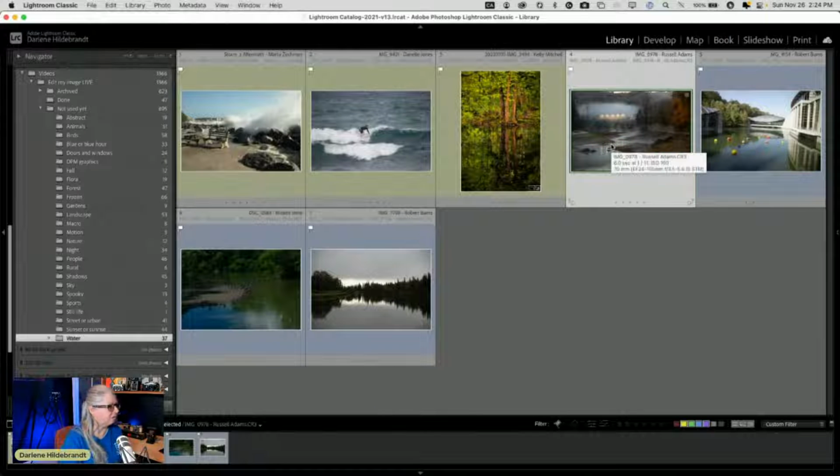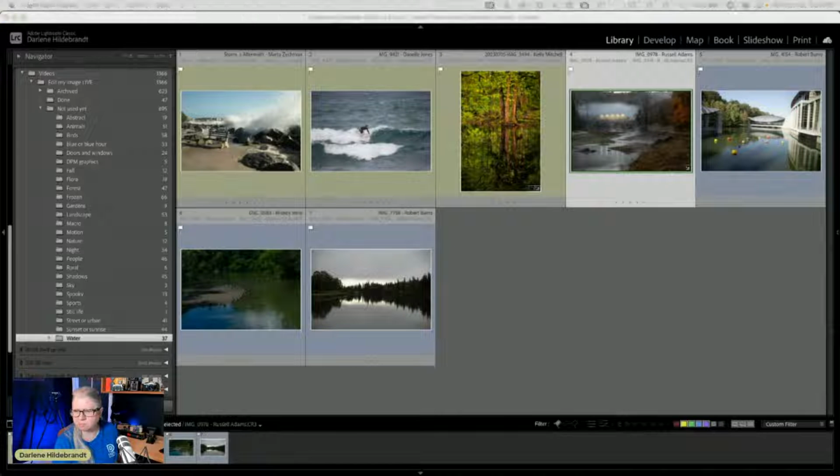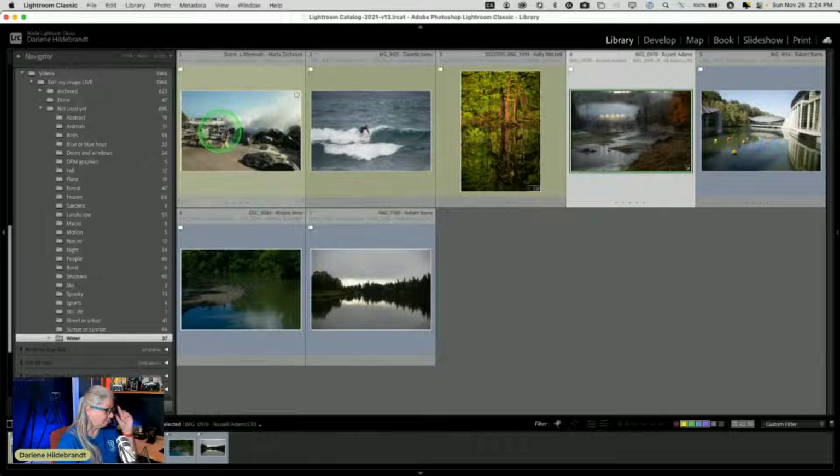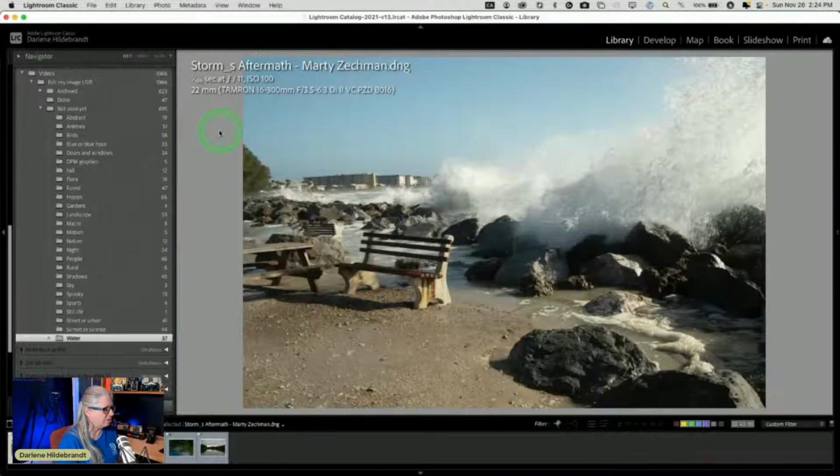Okay, so let me do another one. Is Marty here? Marty's here, isn't he? I think I saw Marty. Yes, Marty's here. Okay, so I want to look at this one because Marty sent a couple of images and they were both really cool. But this one, I think, was the one you were asking about, right? Because you asked about